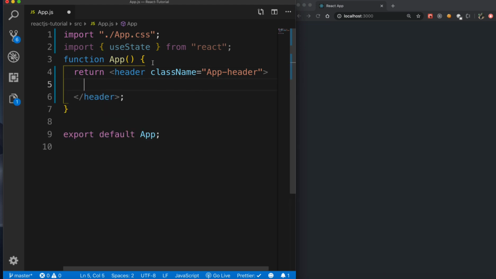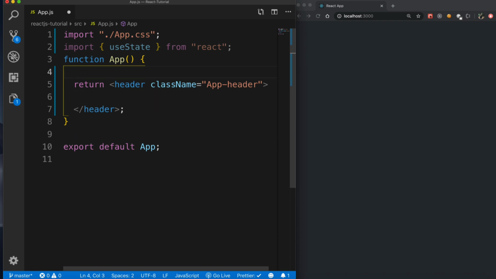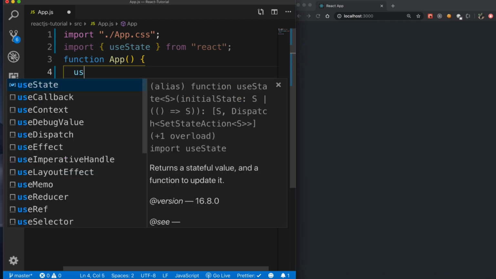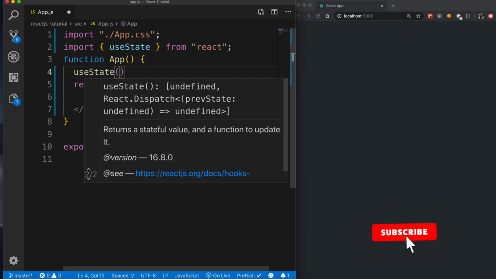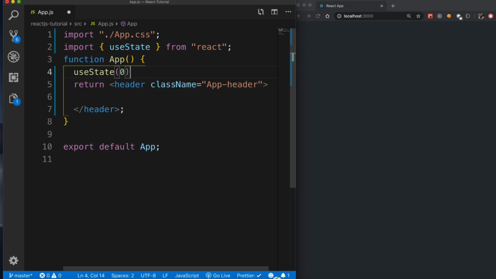What does this useState hook do? It is basically going to allow you to store state inside of your functional component. The way we use useState is like invoking any other function. So think of useState as a function, right? So how do we invoke a function? We basically need to add parentheses, right? So this is the way we need to invoke this hook, okay? And this also takes a parameter which is the default value or the starting value of your state. Let's say that the starting value is 0, okay?